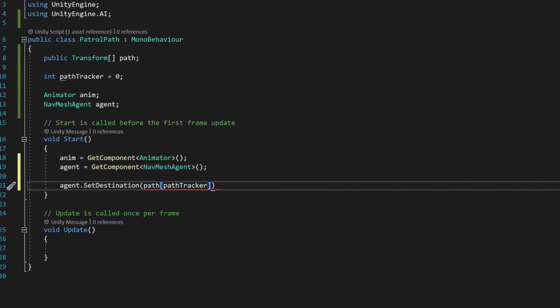And what that's going to do is, if you remember from the last step, that pathTracker is kind of tracking where in the bucket of our transforms we are, and we're kind of using that pathTracker number as an ID, right? And each transform in that path array or that path bucket has an ID. So when we use the square brackets and then put a number in those square brackets, we're actually grabbing the thing out of the bucket at that number, at that ID. So in this case, pathTracker is 0, so we're grabbing the 0 ID transform from our bucket of transforms,